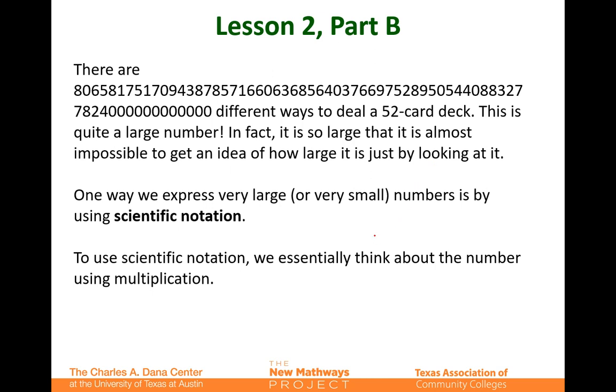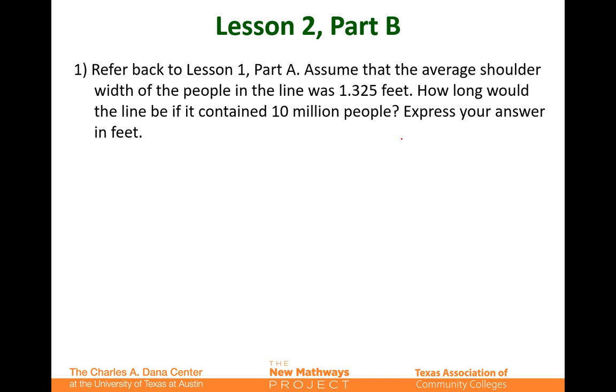To use scientific notation, we essentially think about the number using multiplication. If we go back to lesson 1, part A, assume that the average shoulder width of the people in the line was 1.325 feet. So one person had a shoulder width of 1.325 feet. How long would the line be if it contained 10 million people? Well, one person is